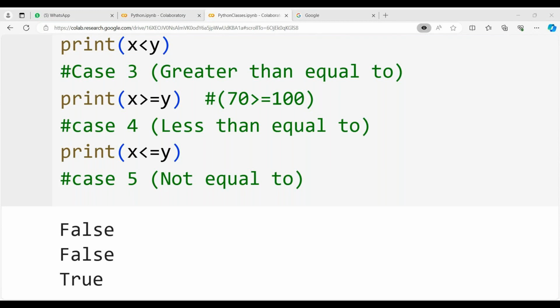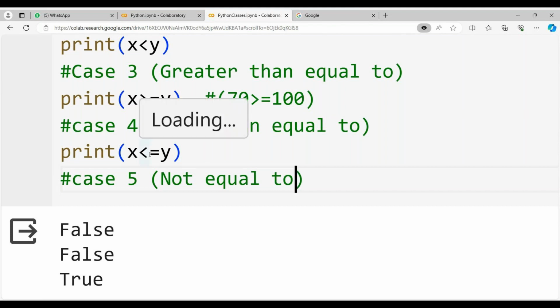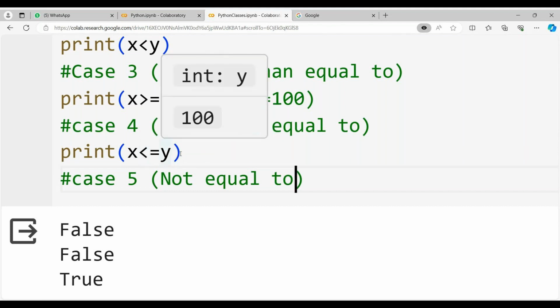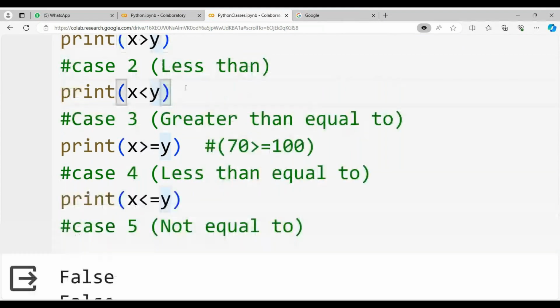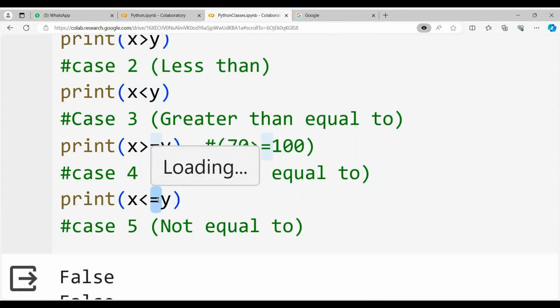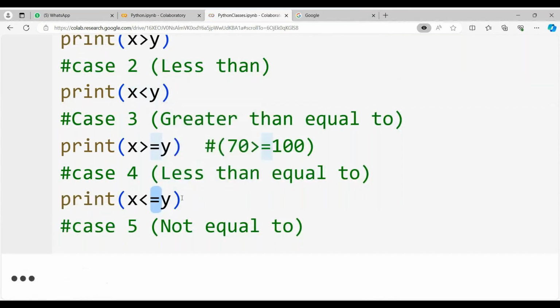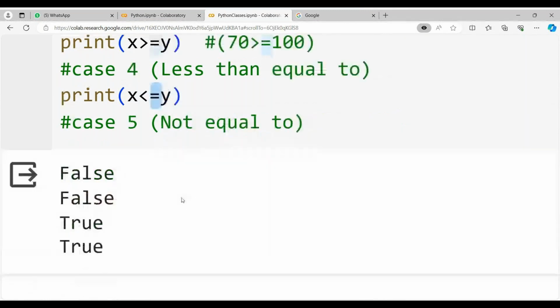Yes, tell me anyone. So will it be false or true? It will be true. Why? Because x is not less than y, right? 100 is not less than y. That means for case two, the condition x is less than y is false. It is not less, it is equal to. If you look at this equal to, that is what becomes true: x is equal to y, that is 100 is equal to 100, so that is why it is going to create an output called as